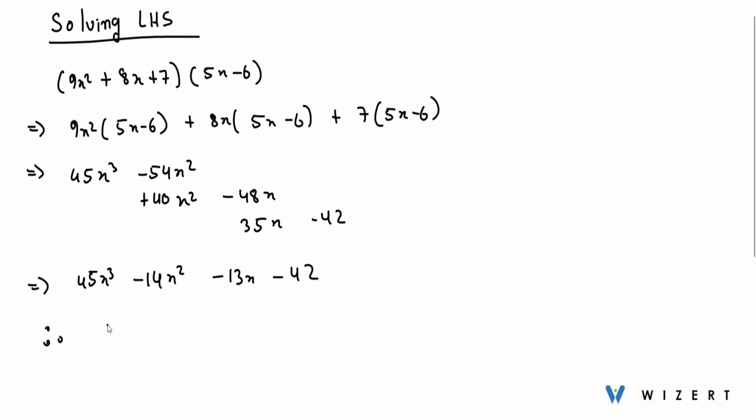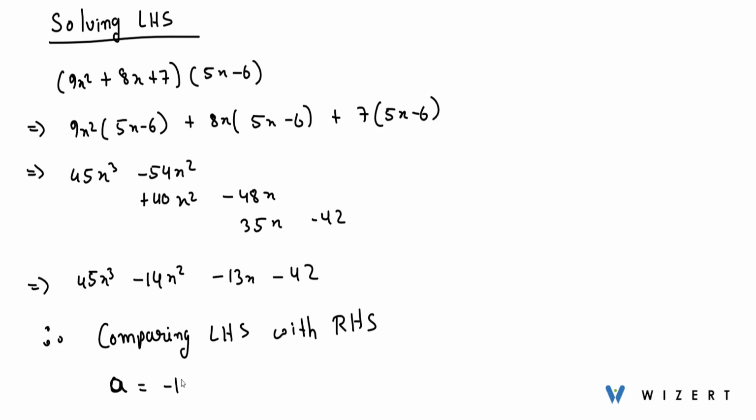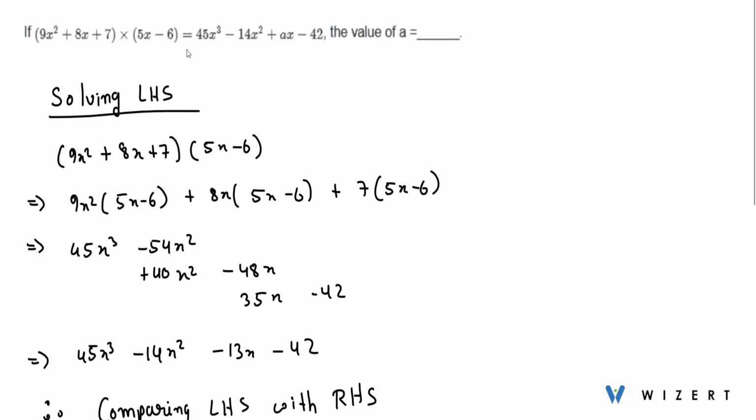Therefore, comparing LHS with RHS, we get the value of a equals minus of 13. So this will be our final required answer, because see, in our RHS we have 45x cube,